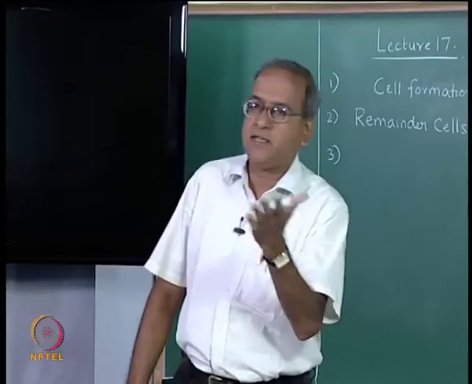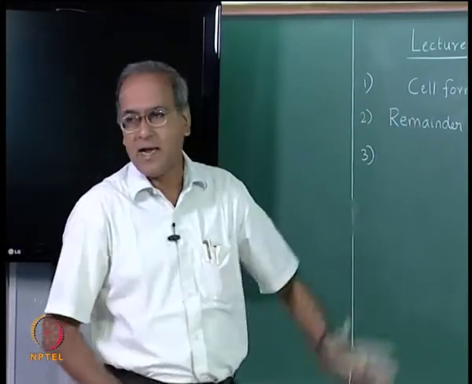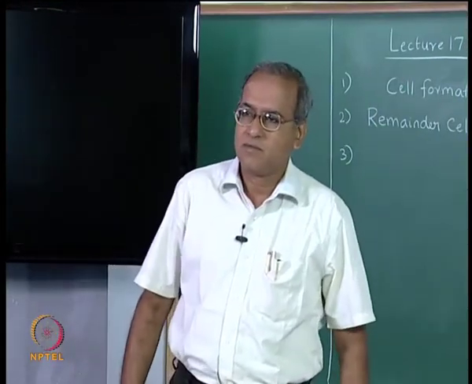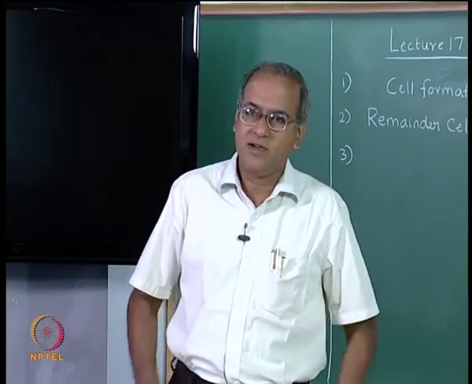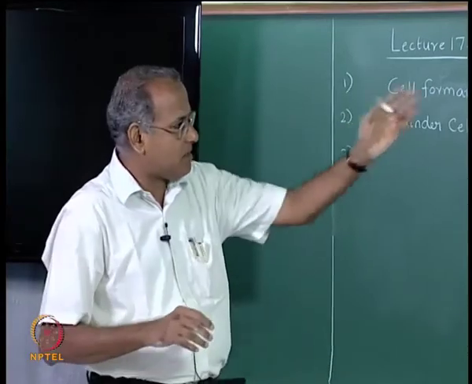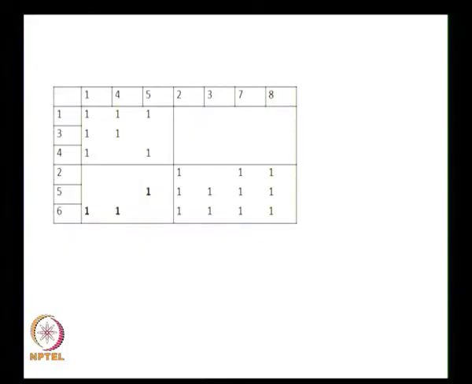Now, if we introduce a 9th part, and if the 9th part, which is represented as column number 9, is say identical to column number 1, including column number 9 into the cell formation would automatically put part number 9 along with 1, 4 and 5, because it is identical. So, it will automatically go to the group 1, 3 and 4, except that additional capacity for machines may be required in the group 1, 3 and 4.